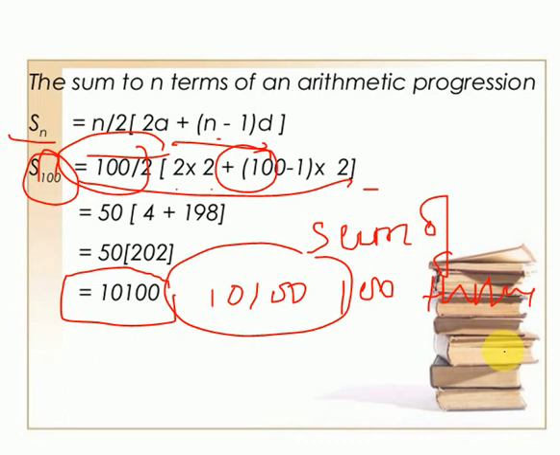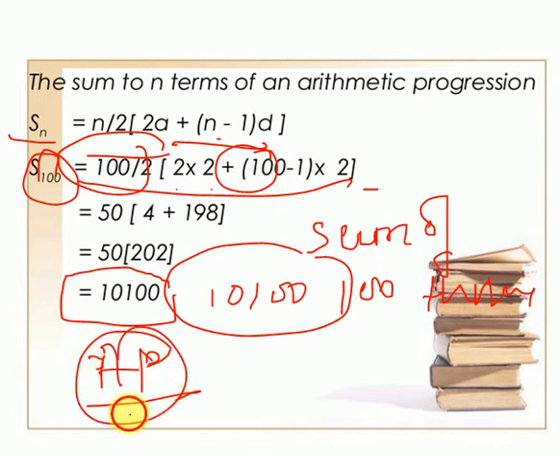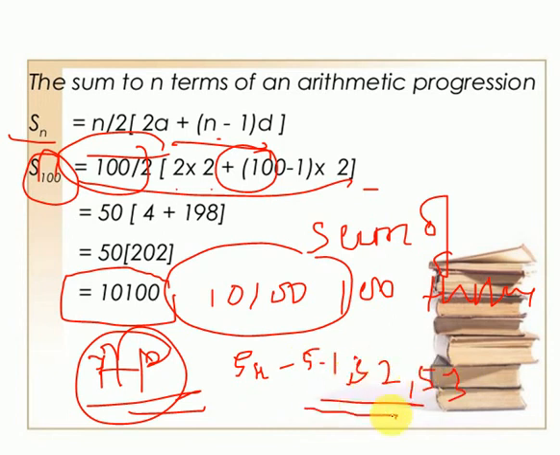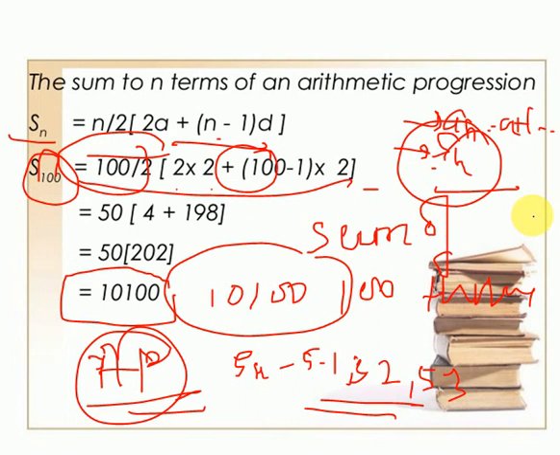Okay, understood? So these were some of the questions related to the chapter Arithmetic Progression. And now you can easily do exercises 5.1, 5.2 and 5.3. So this was a very easy chapter. You have to remember only two formulas: an = a + (n − 1)d, and Sn, that is the sum, n/2 [2a + (n − 1)d]. And you can easily solve all the questions.